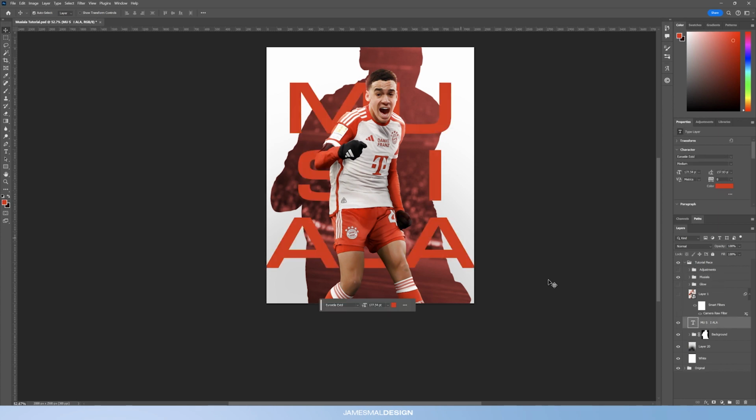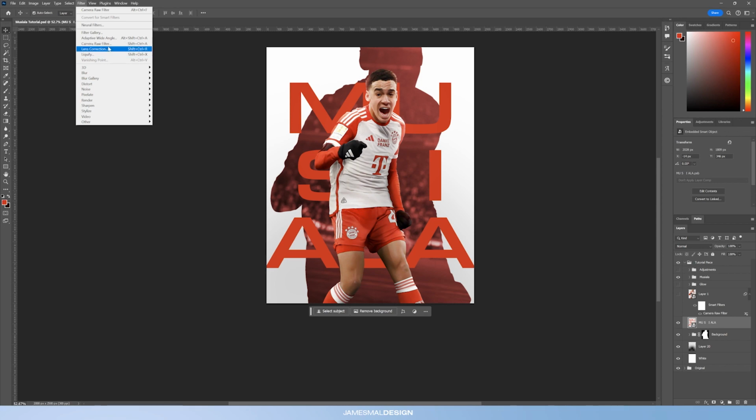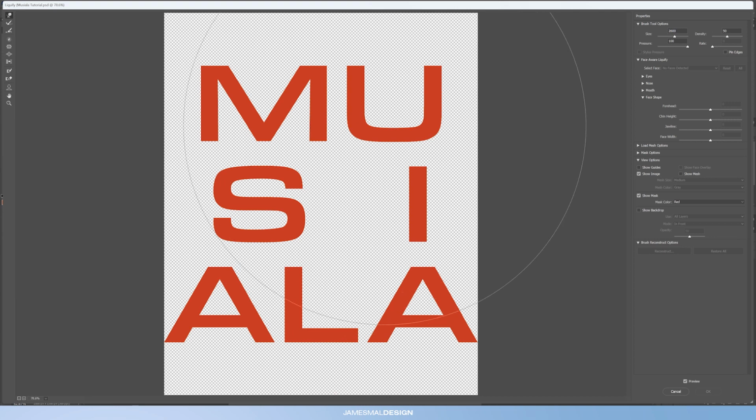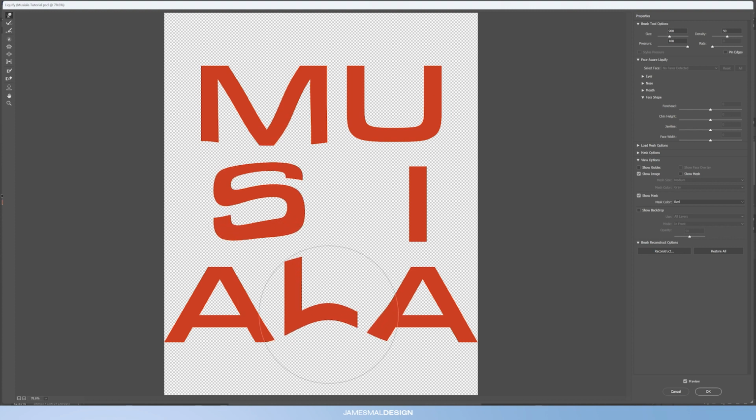The next step, what we're going to do is we're going to turn it into a smart object. We can obviously go back and edit this further, but now we want to apply some liquify and the pinch effect. So first of all, we're going to do liquify. So we're going to go into filter, liquify, and I'm basically just going to create a bit of a more abstract look with this. Make the brush a little bit smaller, and then I'm basically just going to drag this M, maybe get the S up here, get the L and A slightly more dynamic,